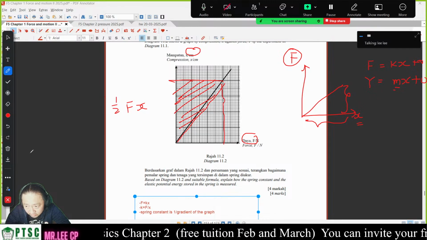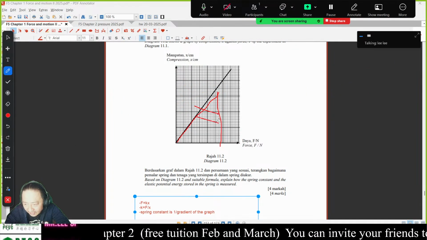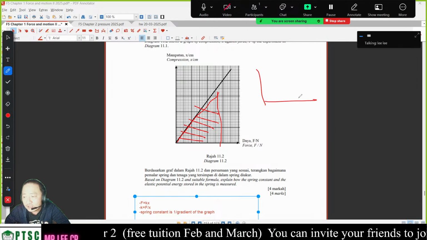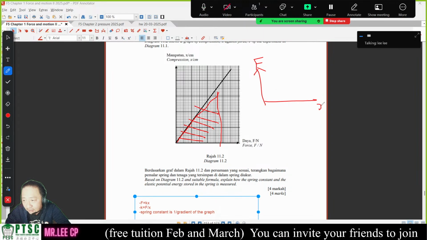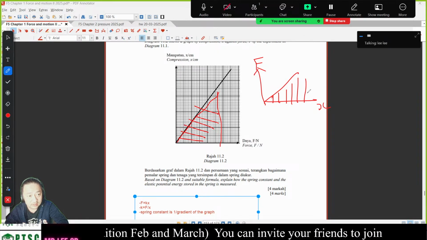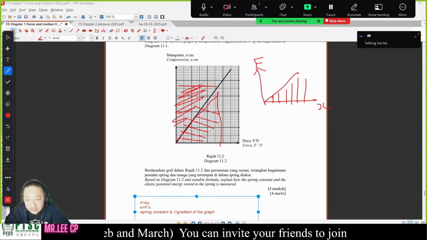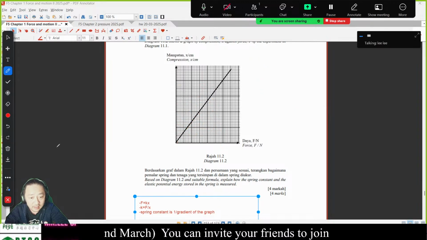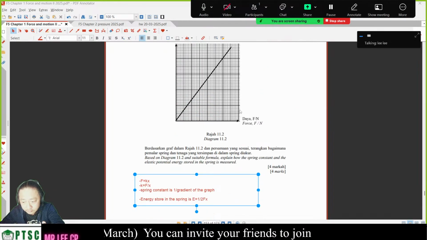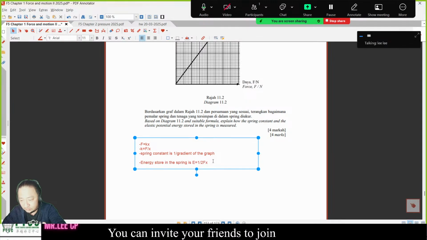Not here. So normally the one that we answer is, oh, area under the graph. But this one must be f and x. The area under the graph is your energy store, but this one is supposed to be here. Okay. So the energy store in the spring is half fx,